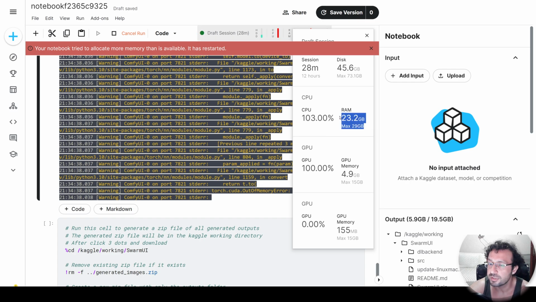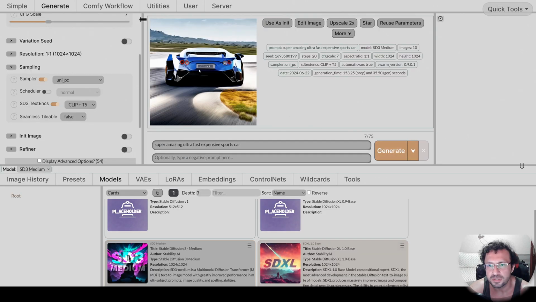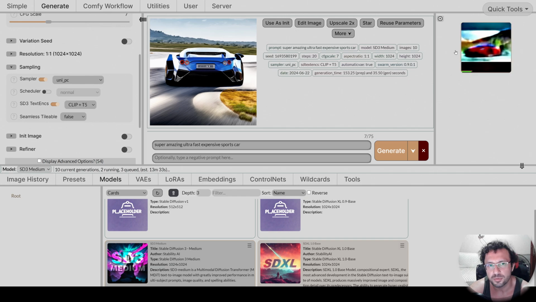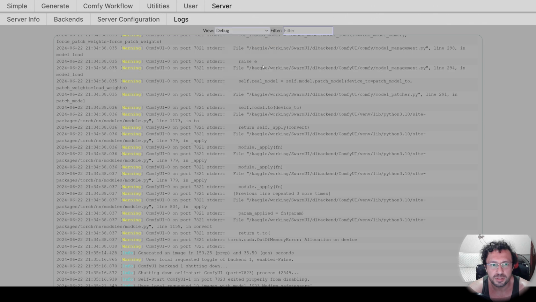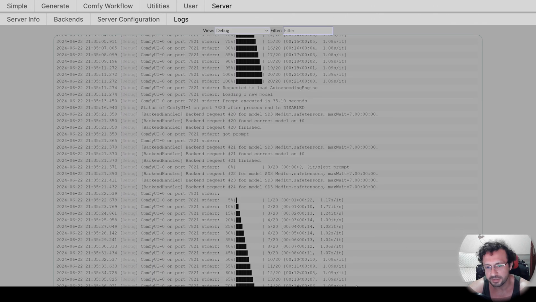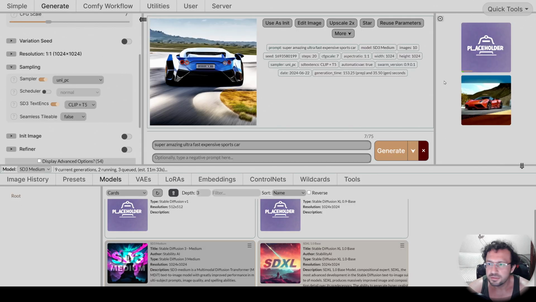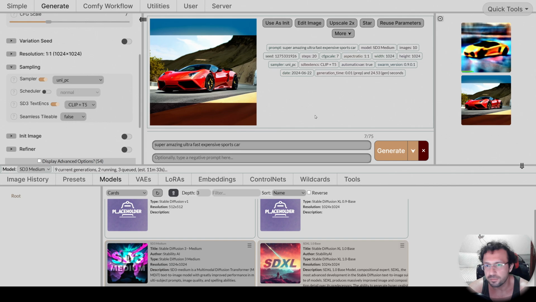Therefore, if you are going to use Stable Diffusion 3, you need to use only one backend, which I'm going to do right now. Let's go to the server and I'm just going to disable this backend and then I will generate again. By the way, it had generated the first image. Okay, now it is immediately generating the Stable Diffusion 3 image. We can see the speed from logs. Let's go to the debug and the image generation speed is decent, 1 second per IT, but this is free. And it is done. Yes, the image is generated, Stable Diffusion 3 image on a free Kaggle account.